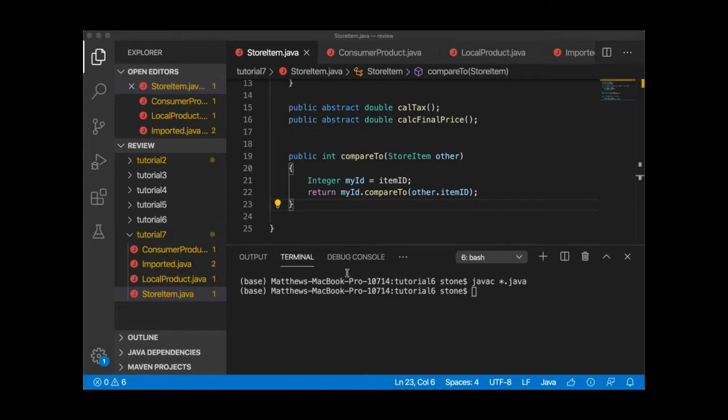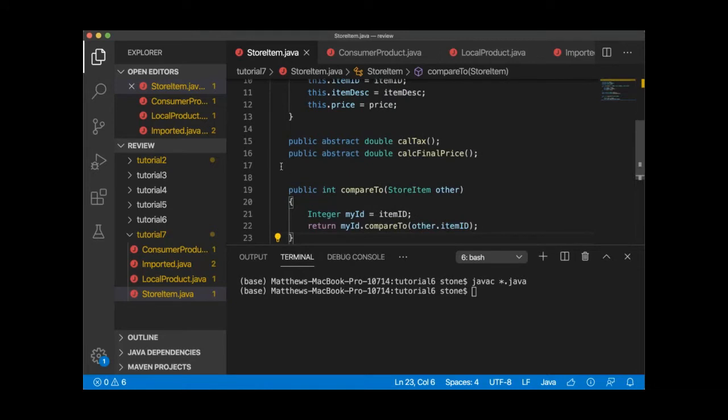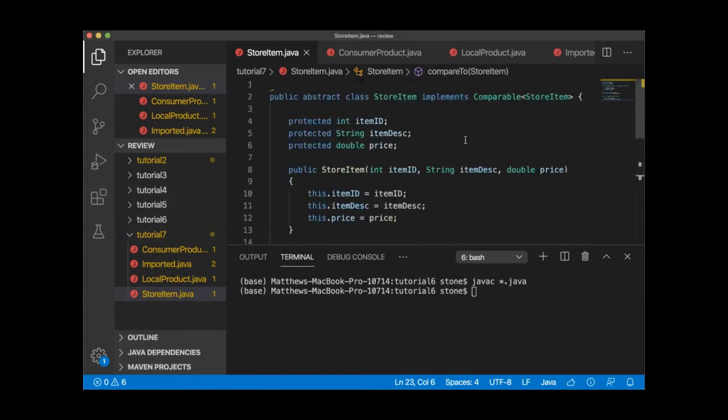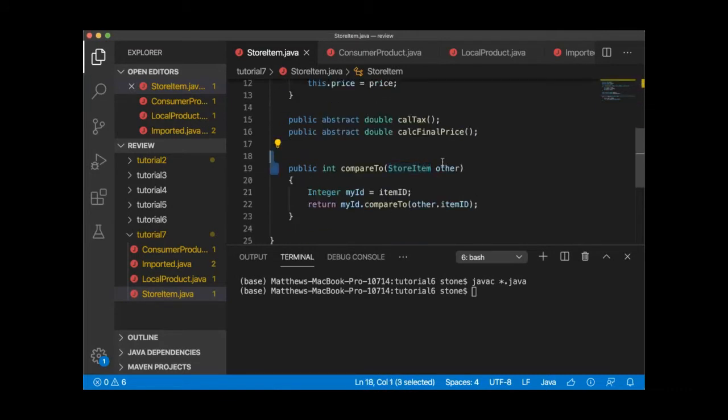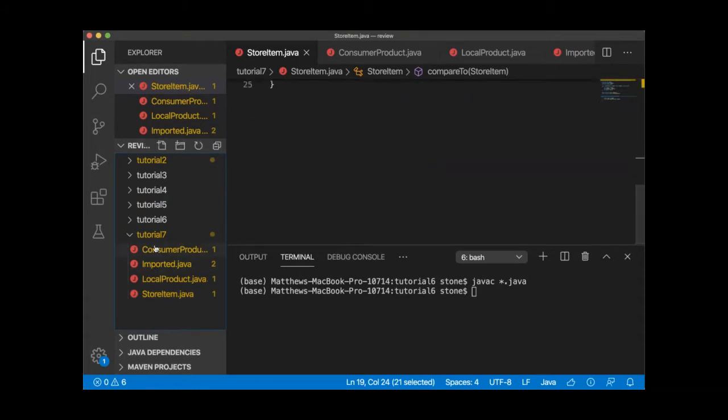Now, food may be alternatively retrieved or ordered based on price. Implement a comparator class called CompareByPrice that will allow searching for food by price. Okay. So this is a Comparable interface, which means you have to implement the compareTo. Now we're going to look at something else called Comparator. So I'm going to create a new class,